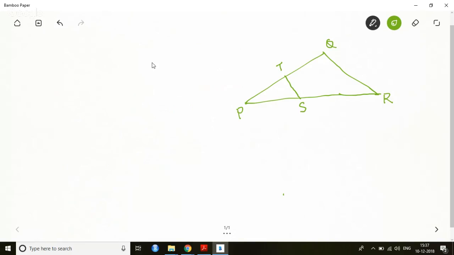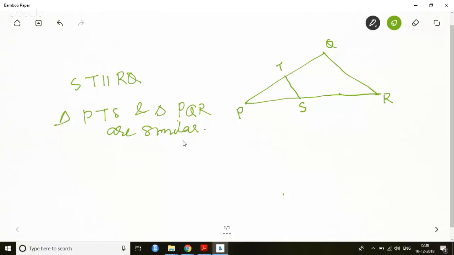So ST by RQ, one second. ST by RQ, ST and RQ are parallel. There is no relationship given between ST and RQ, so ST and RQ are parallel. It means I can prove that triangle PTS and triangle PQR are similar. And if they are similar, then